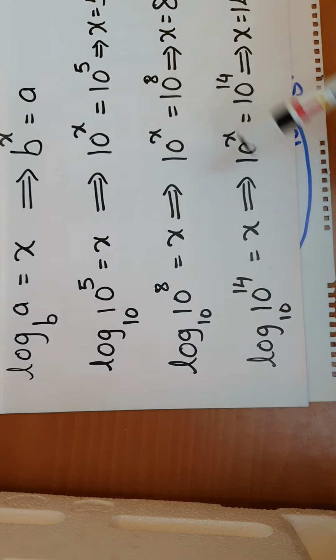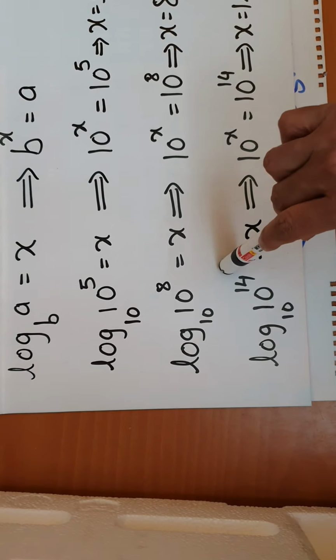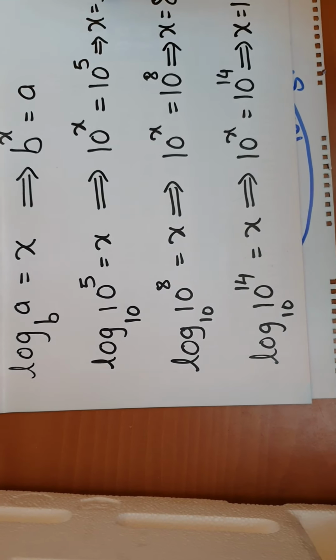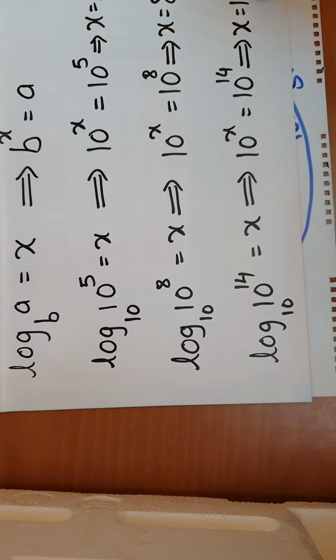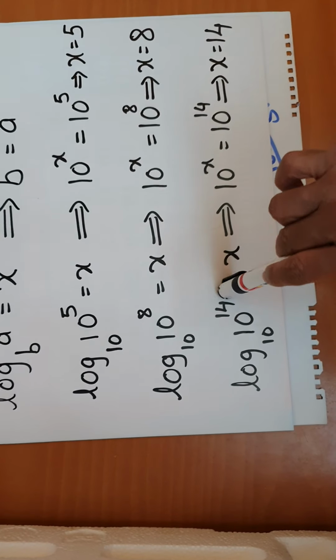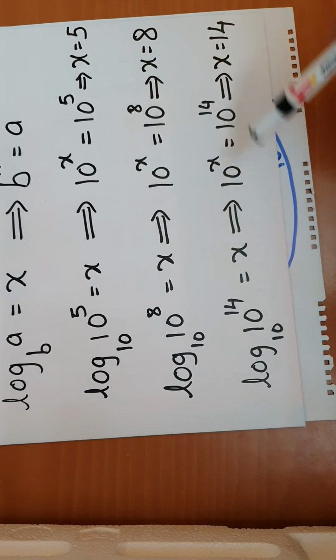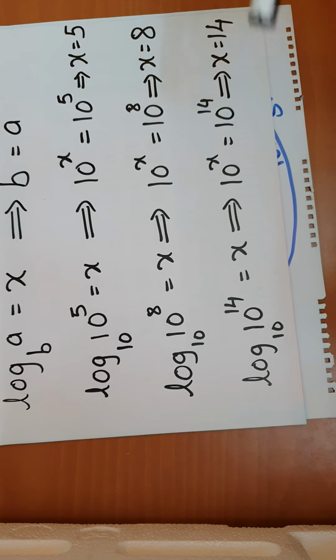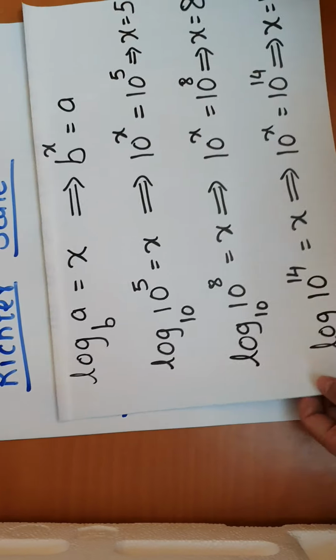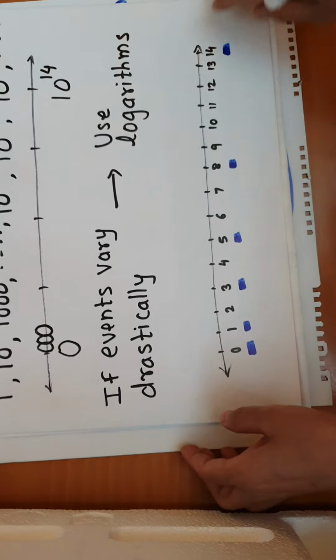See what has happened. These huge numbers, 10 raised to 5, 10 raised to 8, 10 raised to 14, are reduced to very small numbers, 5, 8 and 14. We discussed that 10 raised to 5, 10 raised to 8, 10 raised to 14, we cannot express on the number line. But definitely 5, 8, 14 we can express on the number line. So going back to the number line,